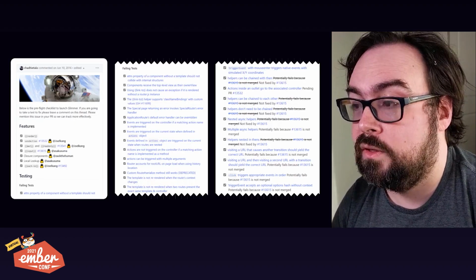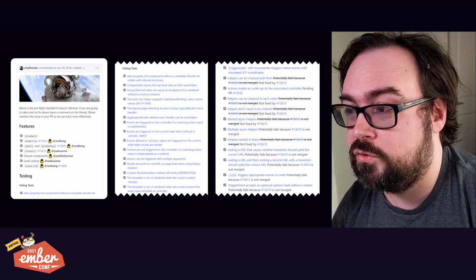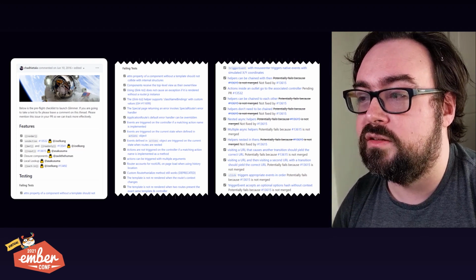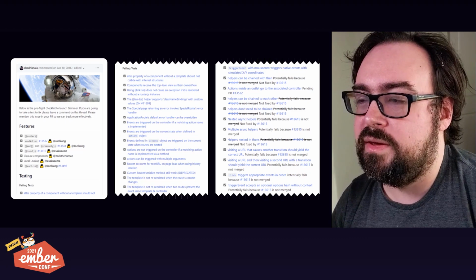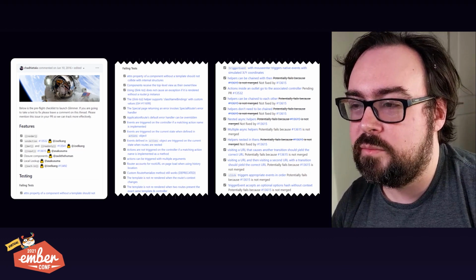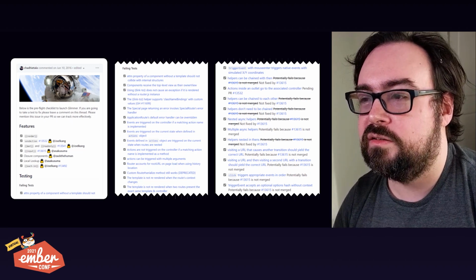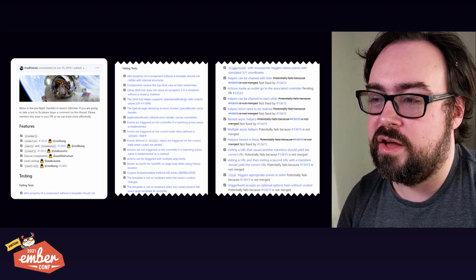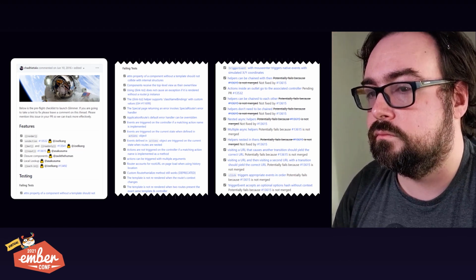After porting, we had a new problem. Porting the tests made them run on Glimmer 1 and Glimmer 2, but sometimes the ported tests failed on Glimmer 2. Obviously, that was the point. So we had to make them pass. And what we did was we repeated the process. We did another quest issue. We made a big list of failing tests and encouraged people to help us fix them. Again, quest issues worked.